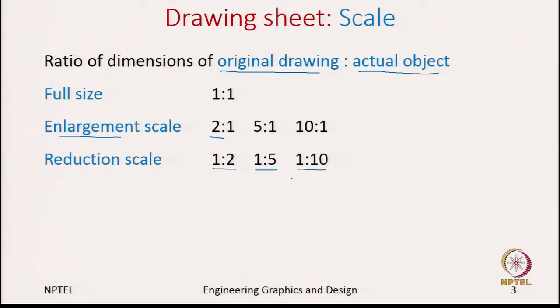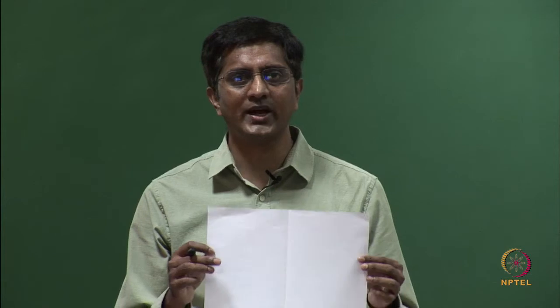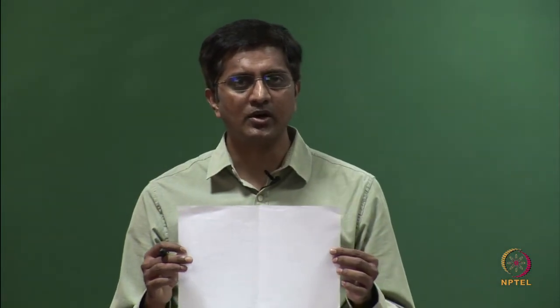Of course, even 1:10 may not be sufficient, because let us say a ship is probably like 100 meters long; even at 1:10, the drawing should be 10 meters long. So, even that is not sufficient, maybe then you can go to 1:100 or maybe more than that. So, the idea is that the actual object dimensions might be very big or very small, but to bring it meaningfully onto a paper, your engineering drawing, you can either use the enlargement scale for very small objects or the reduction scale for very large objects.